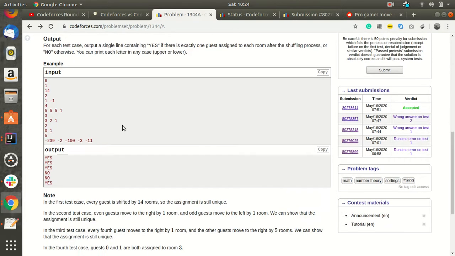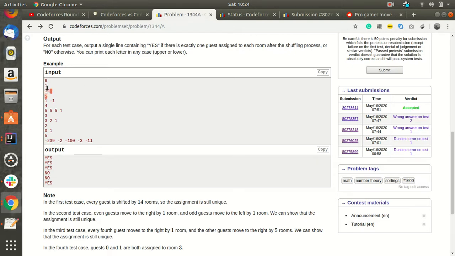So in this example, let's see over here. The test cases given are: first the number of test cases, then the first line contains the number of elements in the array, and then the array elements.